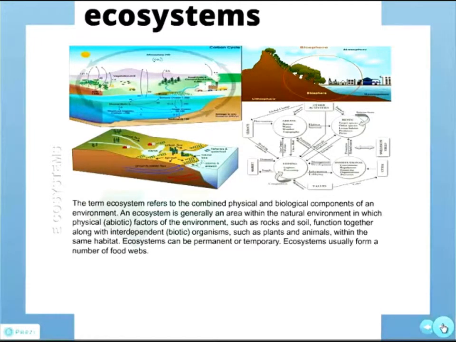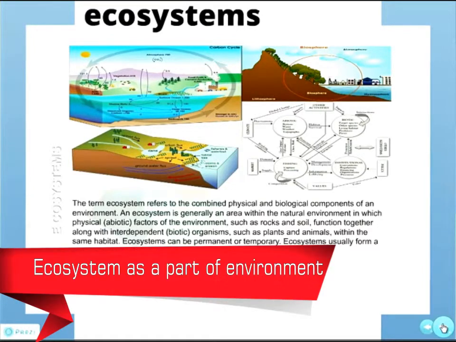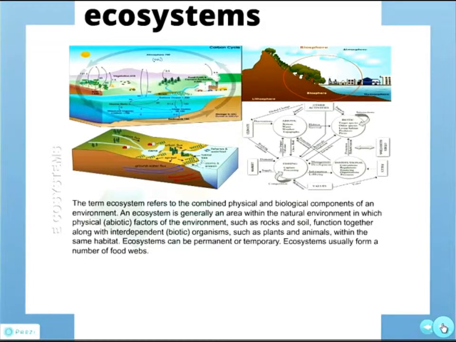You can get this definition everywhere, in Wikipedia and everywhere. But we need to understand what it means. So here I refer to the ecosystem as part of the environment that has different interactions in it. And the different interactions would come from biological systems as well as physical systems. So how does this all work together?